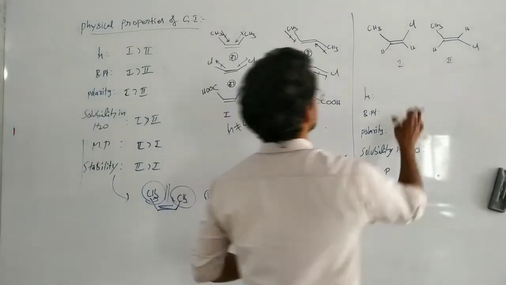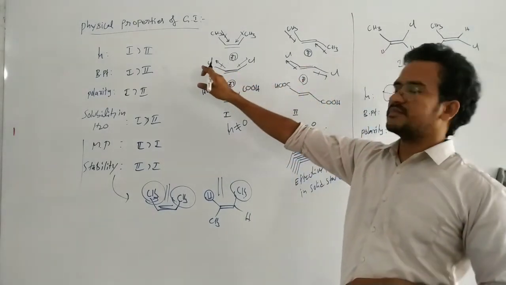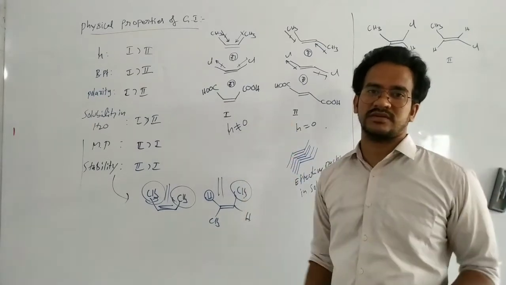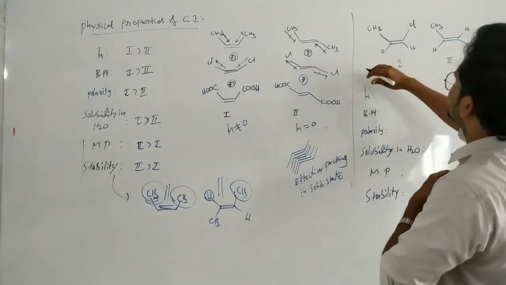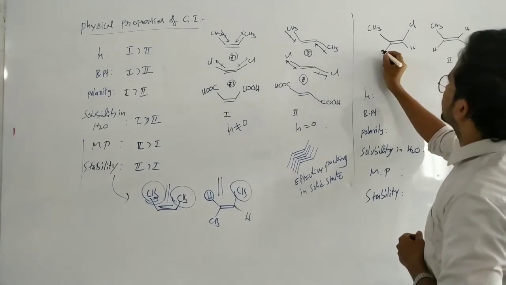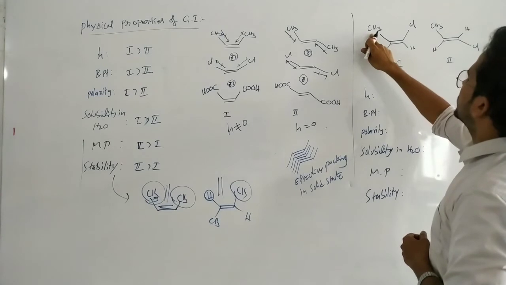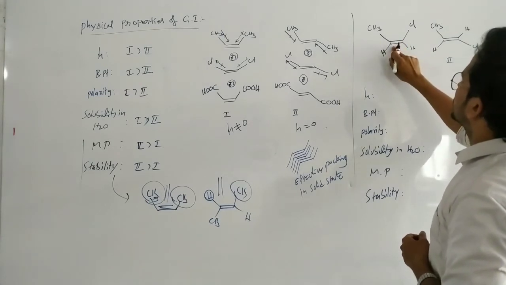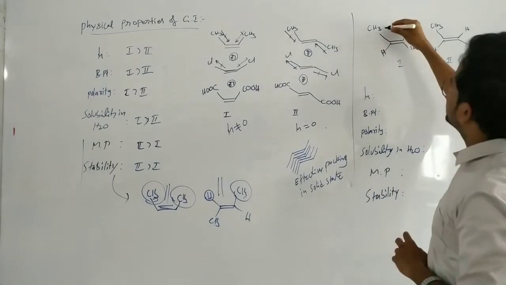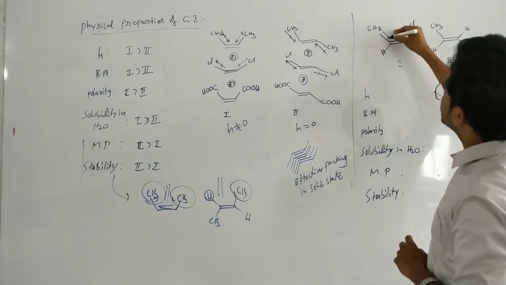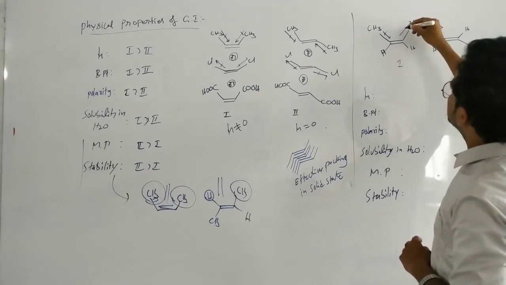That's it. Coming to this one, in this case both groups are the same, meaning both groups have the same nature. Here you can see a CH3 on this sp2 carbon, and here an sp3 carbon. Which is more electronegative? The sp2 carbon is more electronegative, so the direction is towards this one. But carbon-chlorine is more electronegative.